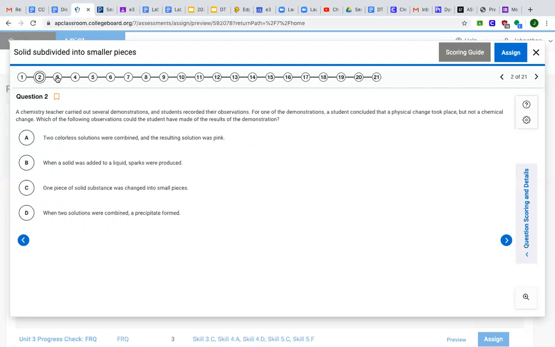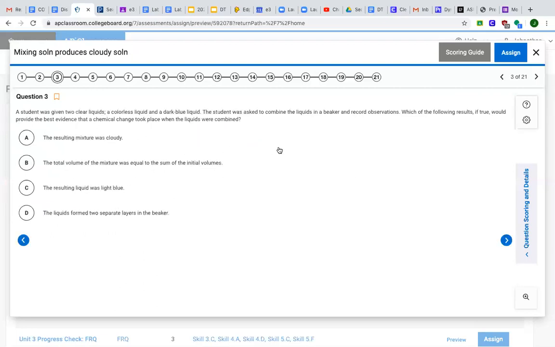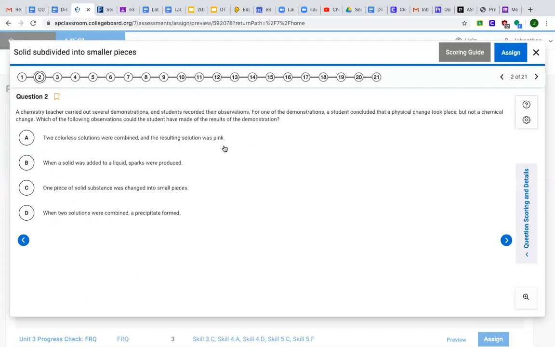All right, let's take a look at number 3. A student was given 2 clear liquids, a colorless liquid and a dark blue liquid. The student was asked to combine the liquids. Actually, let's go back a little bit. So what questions do we have? Sinead, I want you to ask me a question. Ask me a question about number 2 here. Question 2. What's on your mind? No, I understood it. It's just